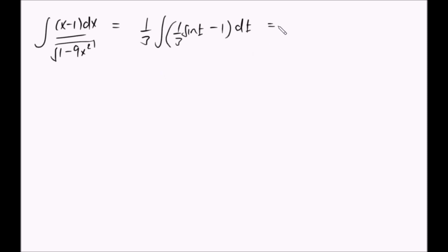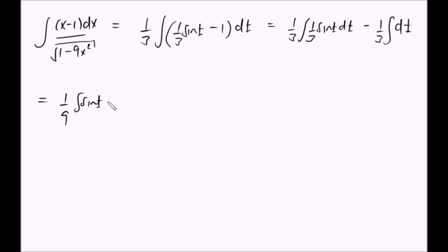So hii you can see itakuwa sasa na hiyo 1 over 3, so hiyo peke yake sin t dt minus kuna hiyo 1 over 3 ya nje unaweka kila mahali hivyo. So hii 1 over 3 now tuitoe nje, kwa hiyo itakuwa ni 1 over 9 sin t dt minus 1 over 3 dt. So nikiintegrate sin of t napata